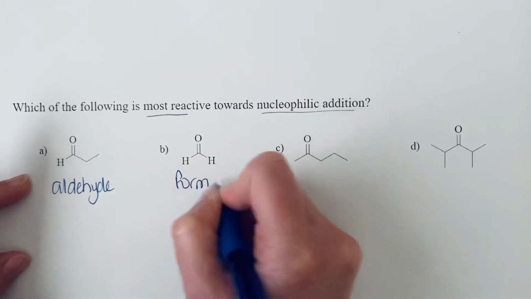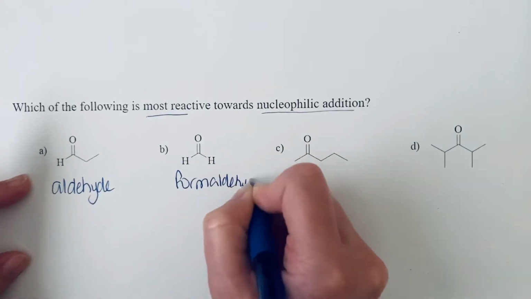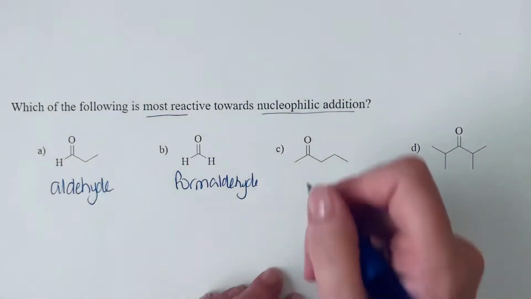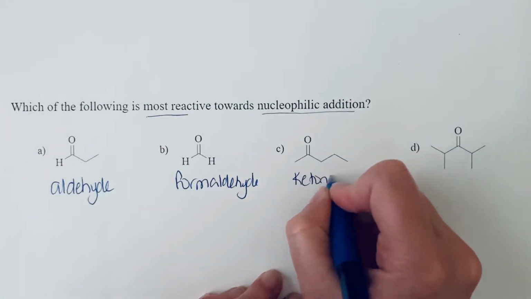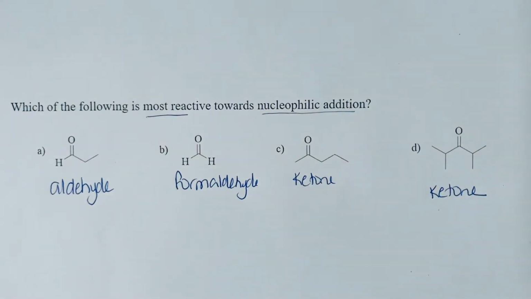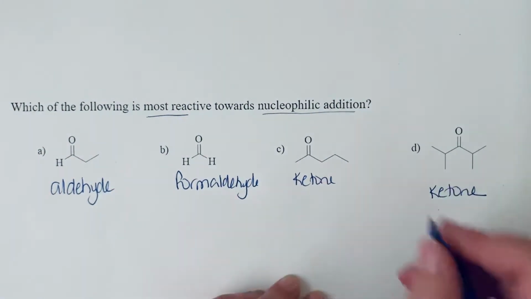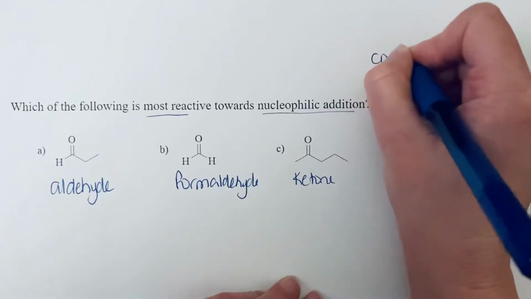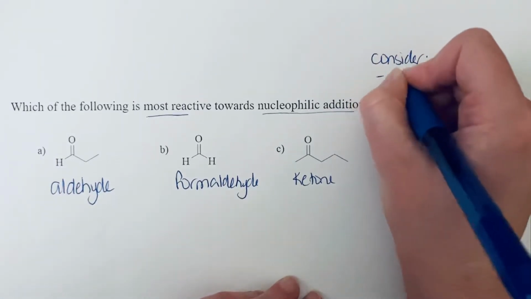And so formaldehyde is your simplest aldehyde, right? We don't even have any other carbon groups on there. We have a ketone, and we have another ketone. Okay, and so in the last example, we saw where aldehydes and ketones fit in the general scope of carbonyl reactivity. So they are less reactive than your really reactive carboxylic acid derivatives, but more reactive than your less reactive ones. And so if you're comparing an aldehyde and ketone, the things that we need to consider are electronics